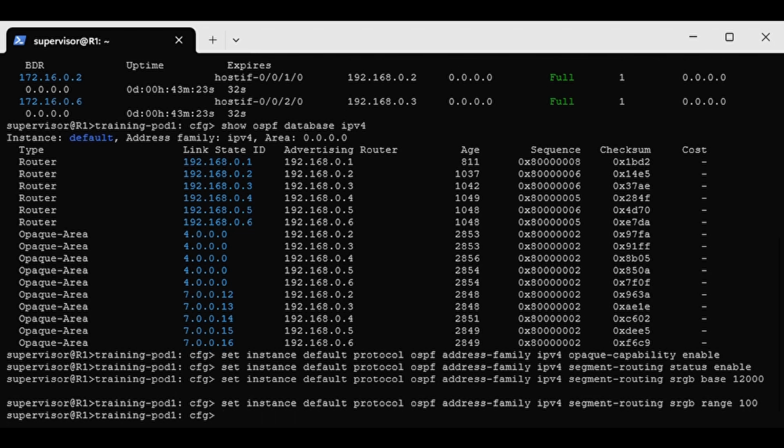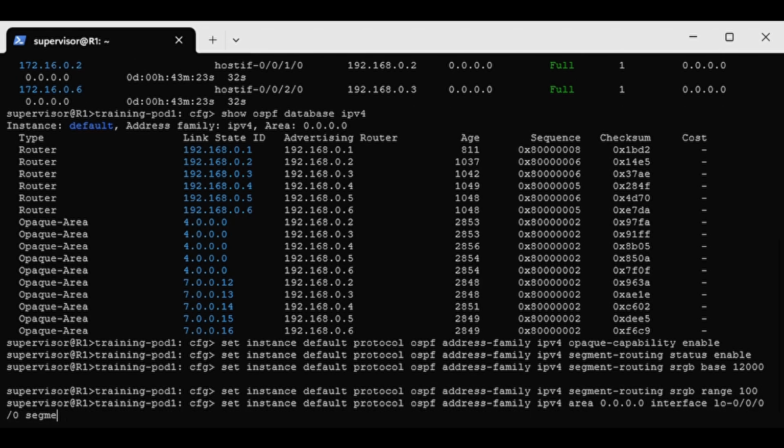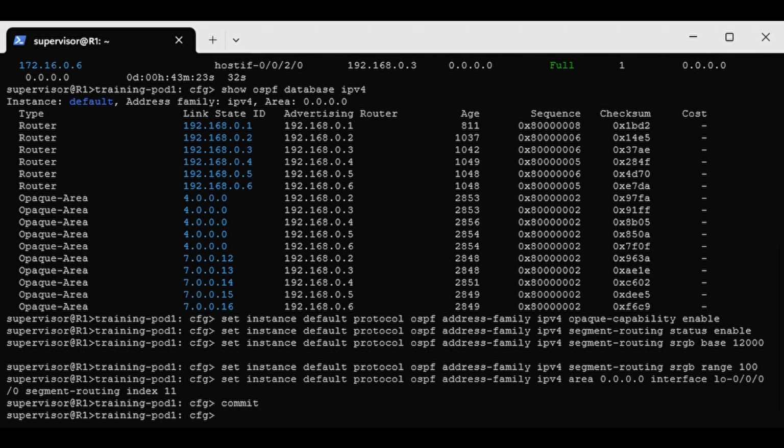To associate a prefix SID with the loopback address, we use the command set instance default protocol OSPF address family IPv4 area 0.0.0.0 interface lo0/0/0/0 segment routing command. In this example, we assign an index of 11 for the prefix SID in IPv4. After activating the configuration, let's first check the segment routing global block using the show OSPF segment routing global block